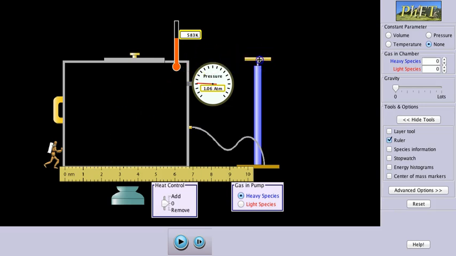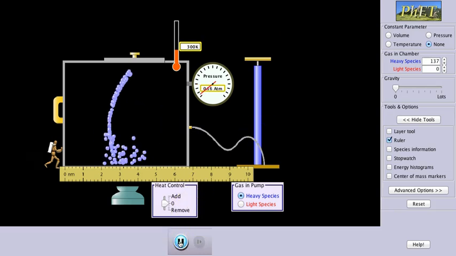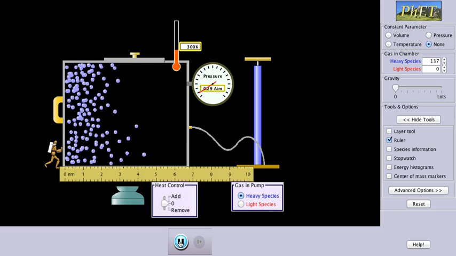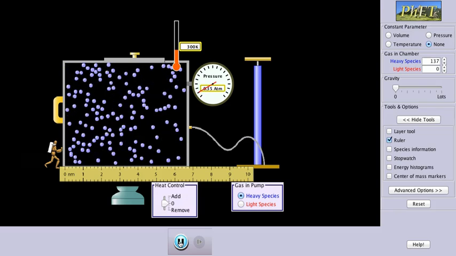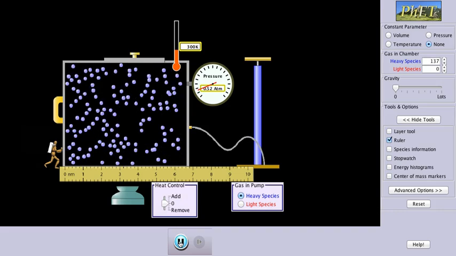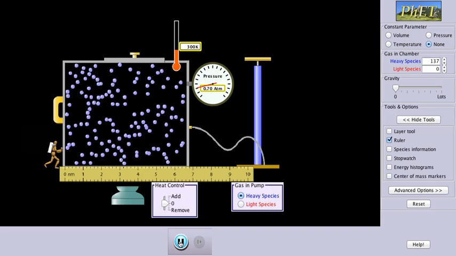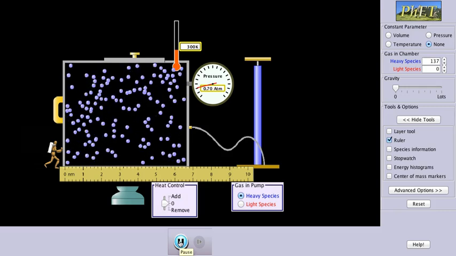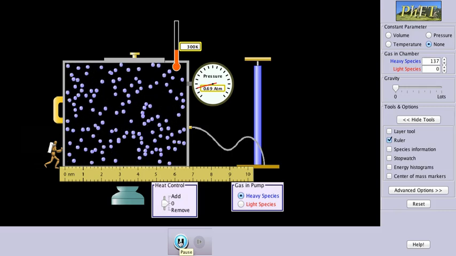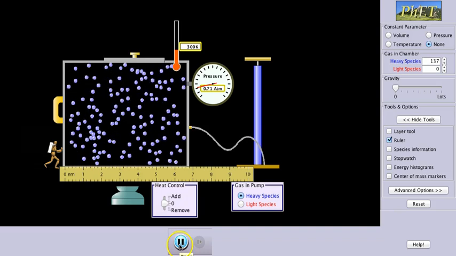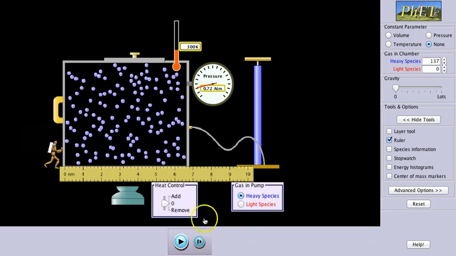Let's now add a pump full of heavy species and start the simulation. Note the motion of the molecules. We're now going to pause the simulation, remove the heavy species,